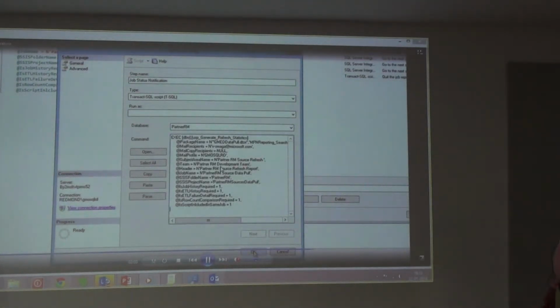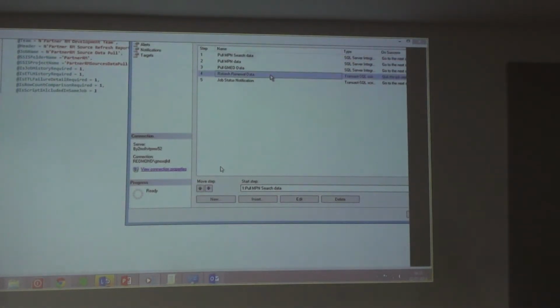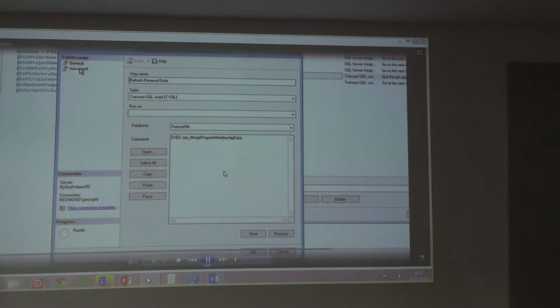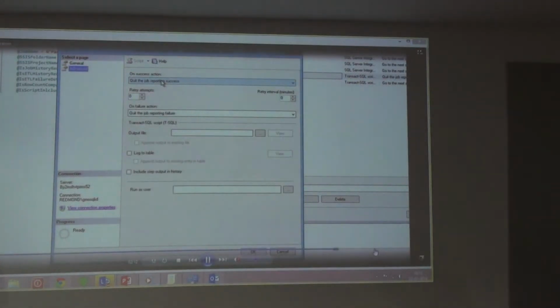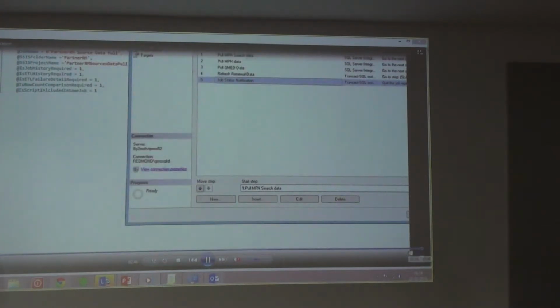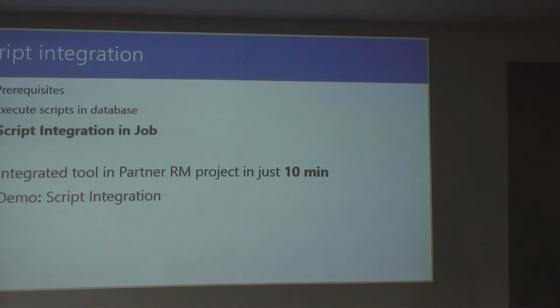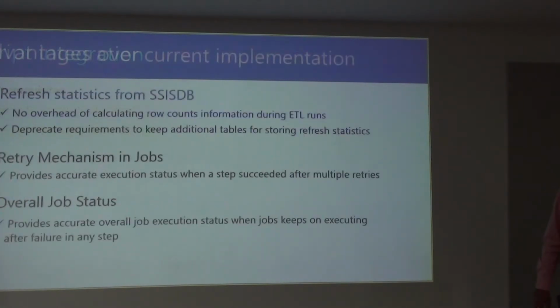I will add this step, and I will modify the previous steps to reach this step at the last. Okay, that's it. That's all you need to do. By following this process, yesterday we integrated this tool in the Partner RM project in just 10 minutes. Seriously, 10 minutes.